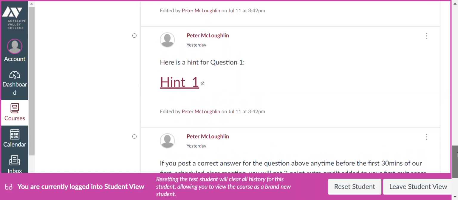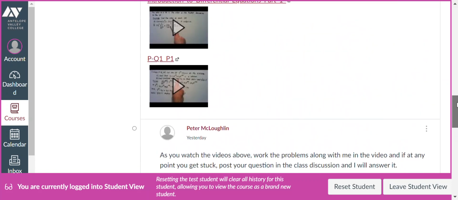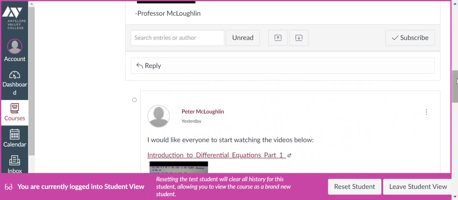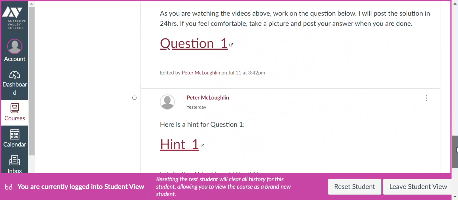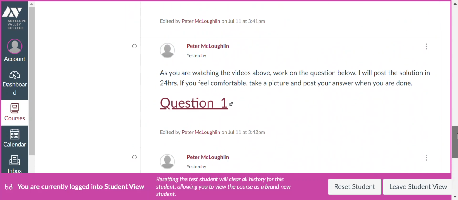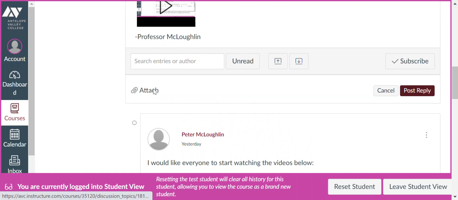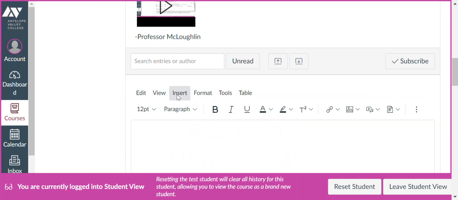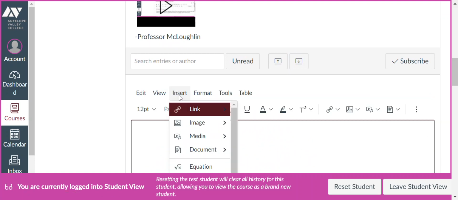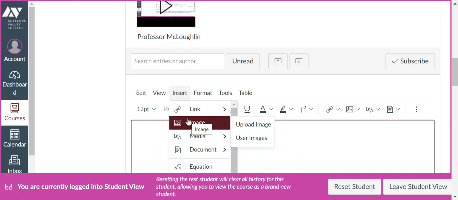with me. So you'll go to the top up here to the reply in the top. There's a reply in the bottom also, but I want you to use the reply in the top. It's easier for me to keep track of things. So click on reply. Then you can just click on insert and then image, and then you can upload your